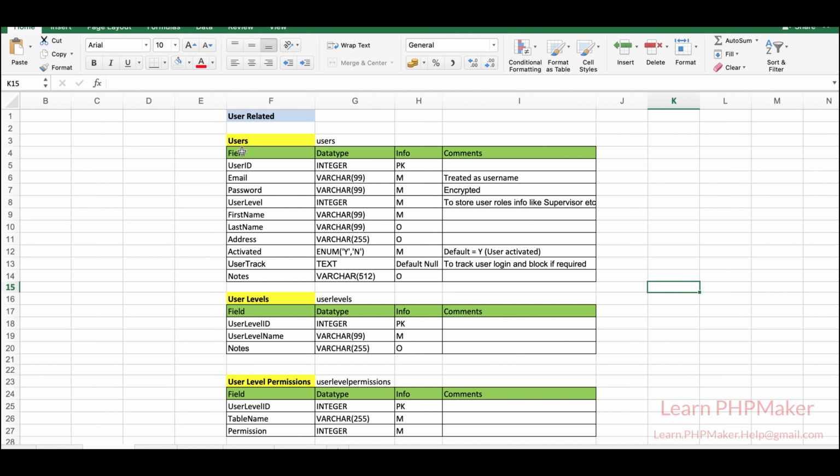For the authentication, as a username, you are using email, then password. User level to store user role related information. It can be like operator, supervisor, manager, or any other role you have in your organization. Using the PHPMaker feature to show data created by the user or the reported user, this particular field is